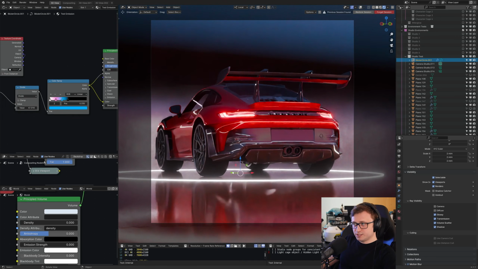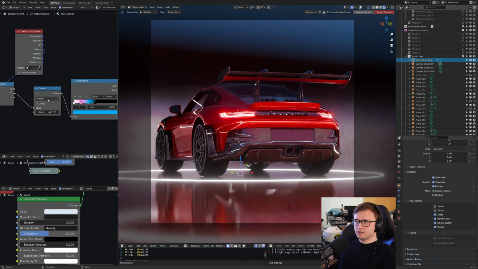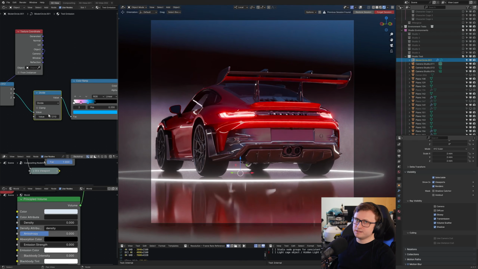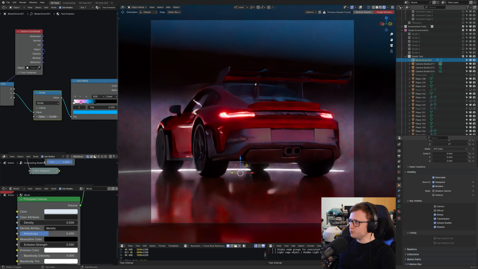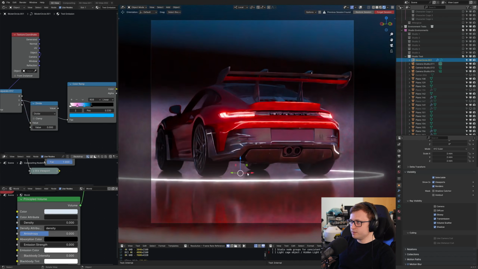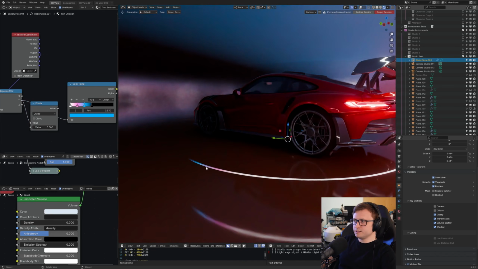Now, nothing has actually changed so far, but that's also because our math node here, our divide, was set up to stretch across the entire ceiling, and this is a much different object. So I'm going to set that to 0 and then play around a little bit, and we'll start to see some changes happen. In this case, we might not even need the math node, so let's just bypass it entirely and plug the Y into the color ramp, and then take a look, and we will see the gradient color